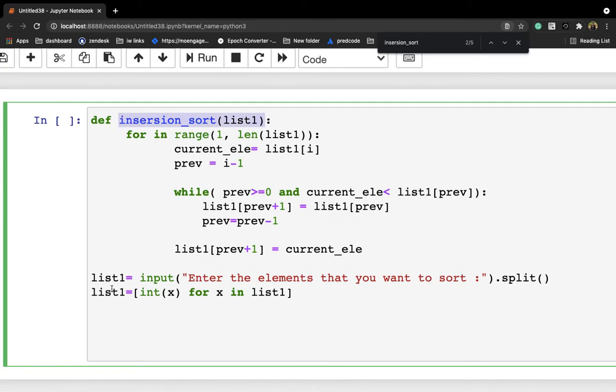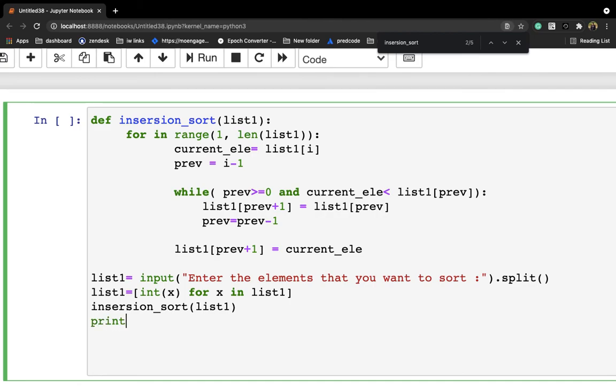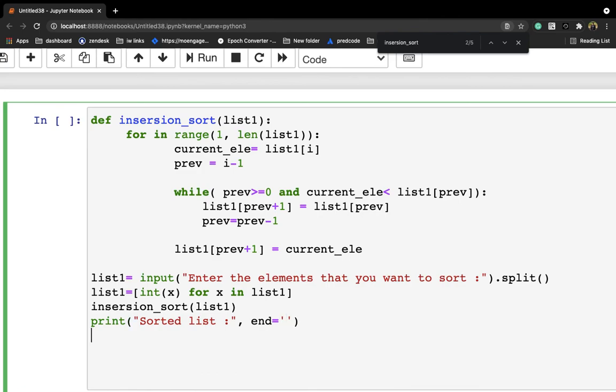And then let me call this function. So I am calling this function. After that, let me print the sorted list. Okay, let me print list1.